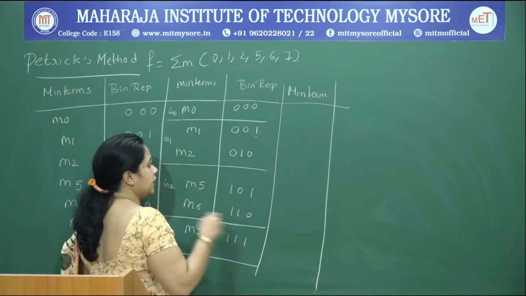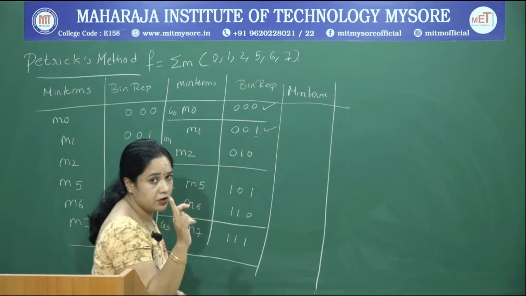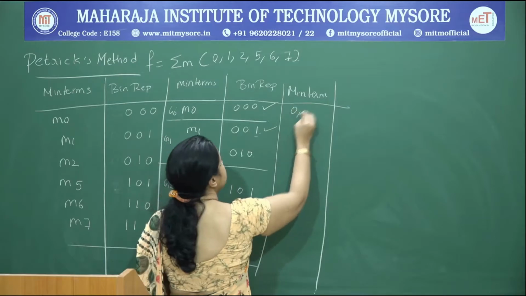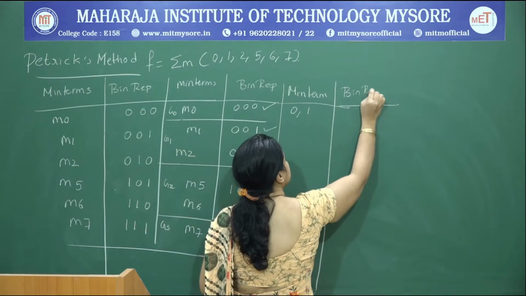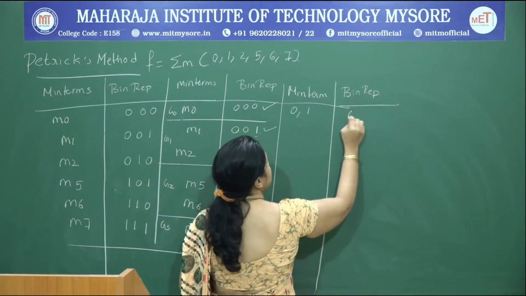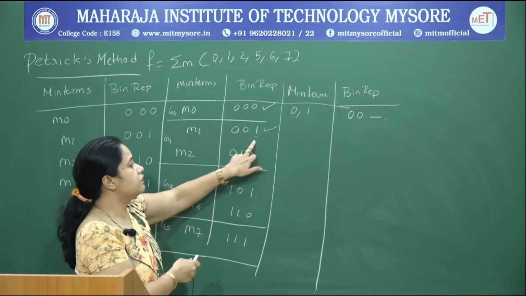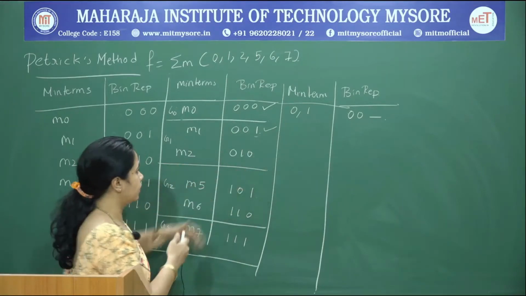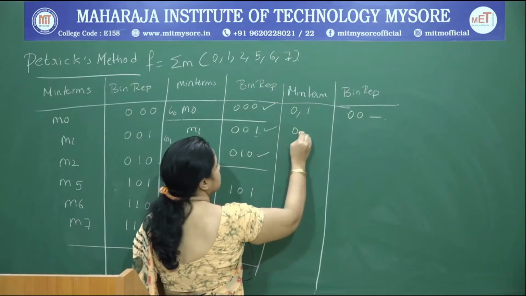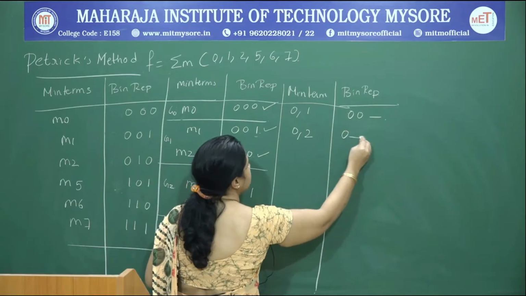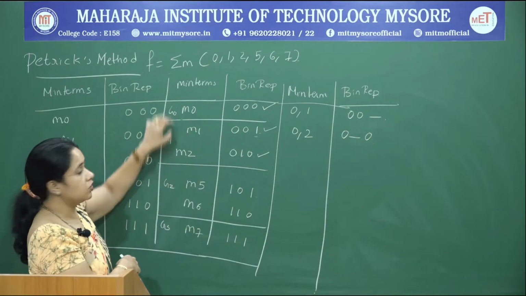And while carrying it to the next column, make sure you put a check mark. So 0 and 1 differ by 1 bit position, carry it to the next column. 0, 1 has binary representation 0, 0, dash. Replace the bit which is differing by a dash or a don't care. Now compare 0 and 2. Yes, it differs by 1 bit position. 0, 2 happens to be 0, dash, 0. Now we are done with comparing all elements of G0 with G1.